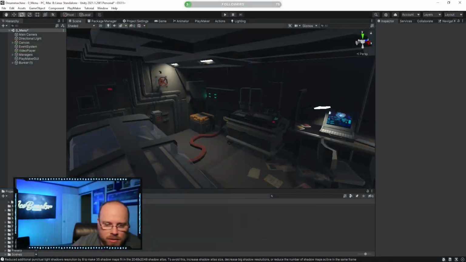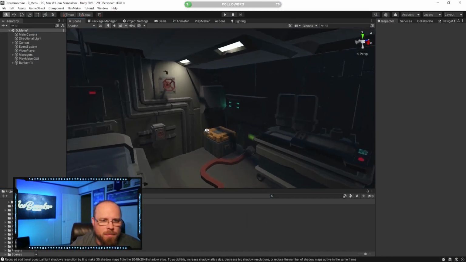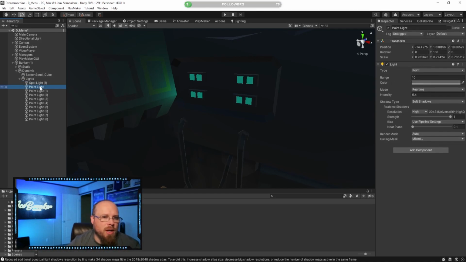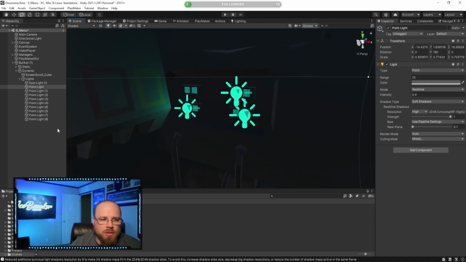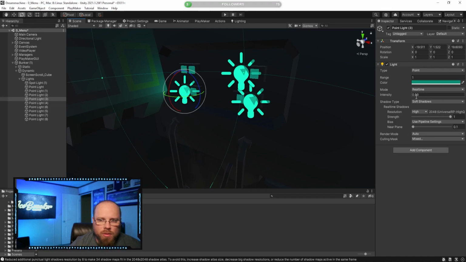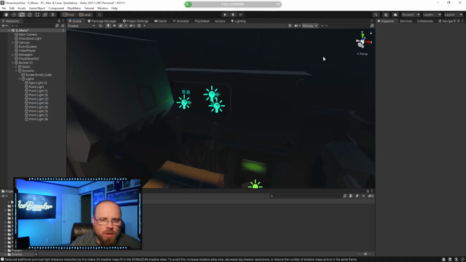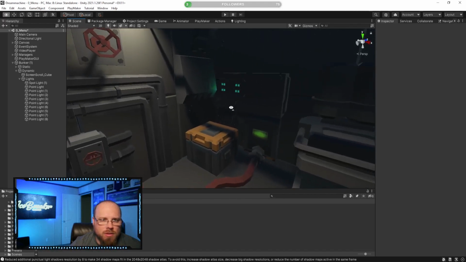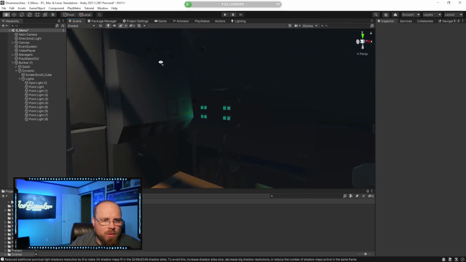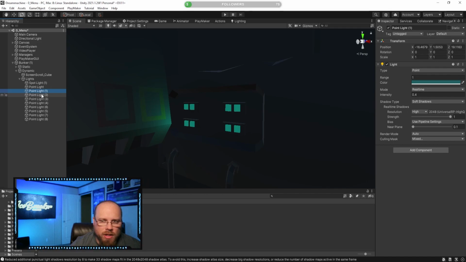So jumping right back into our Unity scene here, I'm going to start off by taking a look at these lights over here. Now if you remember, we did create these dynamic folders with most of our lights in that area. This is going to make it a little bit easier to go in and find these lights. You can see this one, our intensities were really low, and that's the way it looked better at first. But now that we've darkened this scene a little bit, I'm wondering if we need